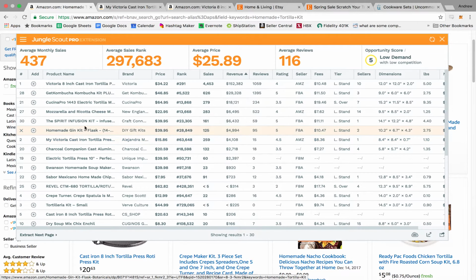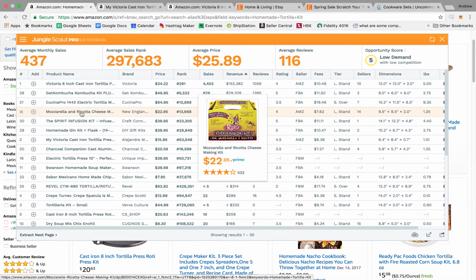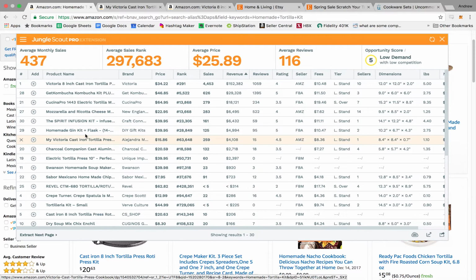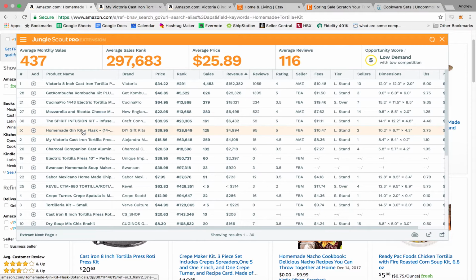Like all these things right here. Kombucha starter, electric tortilla maker, a ricotta cheese making kit. Okay, I guess people would make ricotta cheese. A vodka making infusion kit. Like all these things are awesome. And imagine you could build a website and a brand around these, and you could market on Pinterest and on Instagram. Like, here's all the latest,